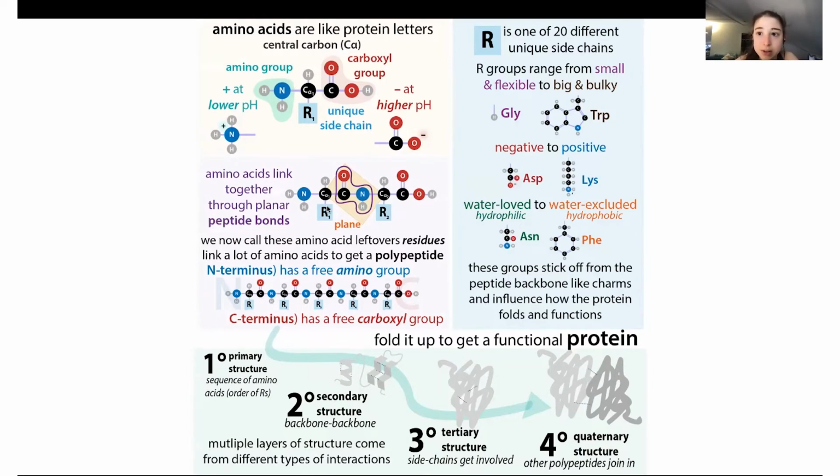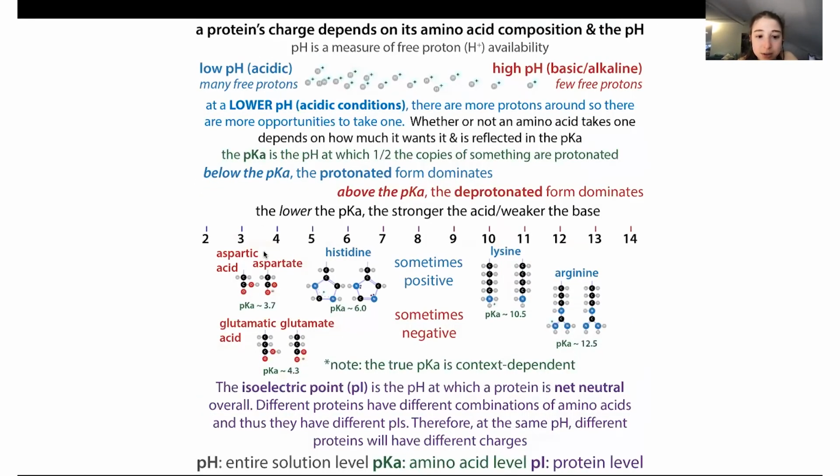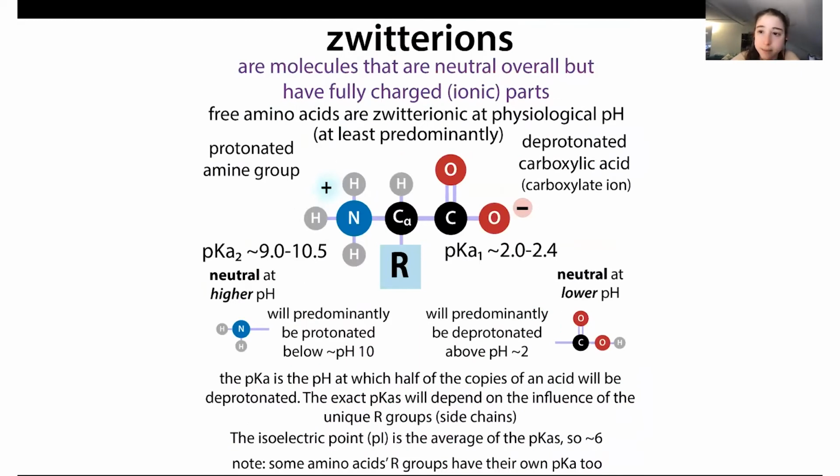So if you're trying to calculate the pI for a whole protein, you have to only take into account those ends, but more importantly, all of the different R groups. It's not something that you would want to do with pen and pencil, but there are programs like ProtParam that can help with determining the isoelectric point for a protein, which can be really useful for chromatography and